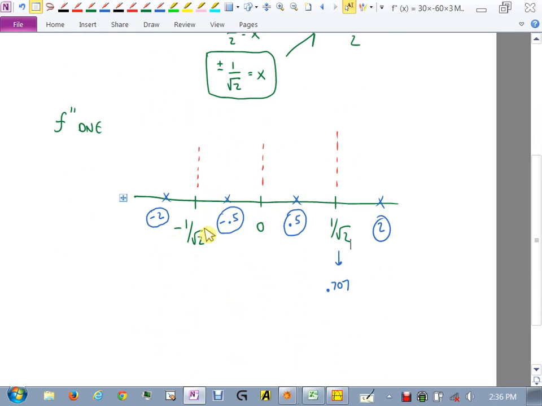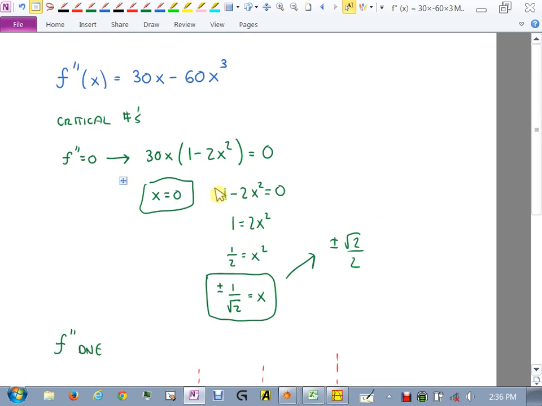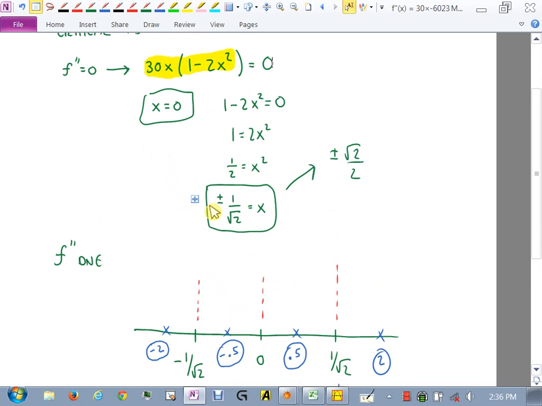You plug those into what? Second derivative. So in here, I think I'm going to look right here because I might be able to get this. See if I can do this. Negative 2 right here. Negative 2 squared is 4, right? Times 2 is 8. 1 minus 8, negative 7. But I'm also plugging negative 2 in here, which gives me a negative 60. So I have a negative times a negative, which is positive, which means my function is